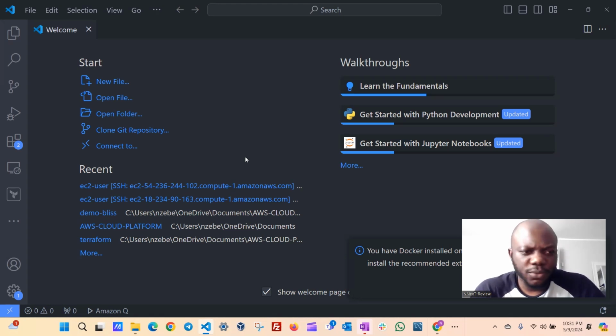So for this episode, we're going to see how you can use Visual Studio Remote Explorer to work within your virtual machine. Let's say you're inside an EC2 instance and you want to create a file and maybe create some kind of script. Instead of using something like a Nano or a Vim editor, you can just use Visual Studio Code like you would when you're working on your normal PC, Windows or